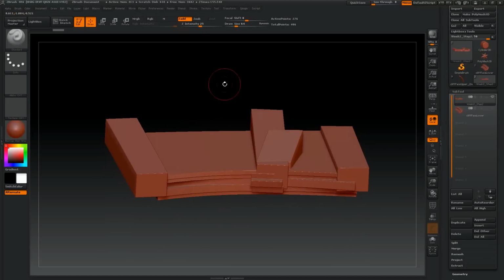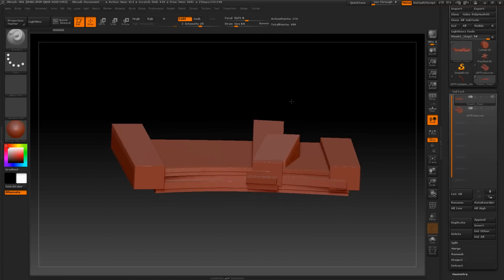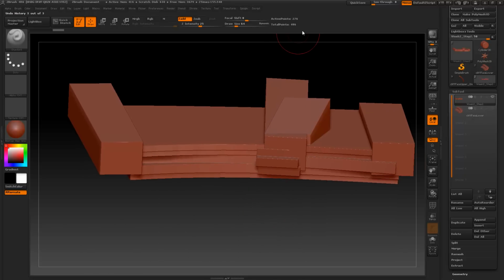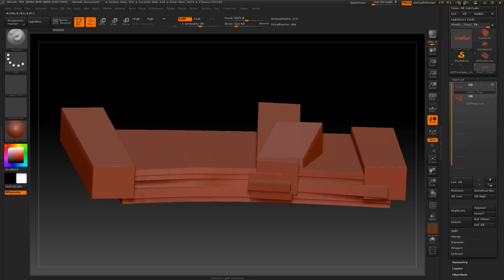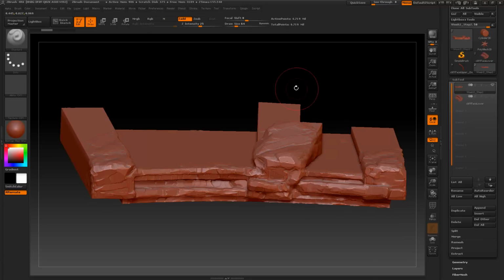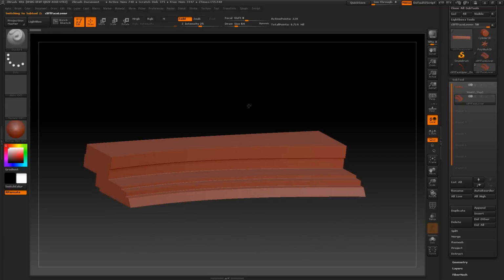So this was that one decimated test that you saw. So right now I'm at 276 polys for $1 million. Which we can't really do much with. You can see, if I try to sculpt this, nothing really happens. So we need to add detail